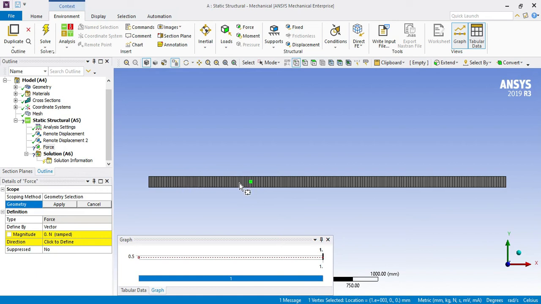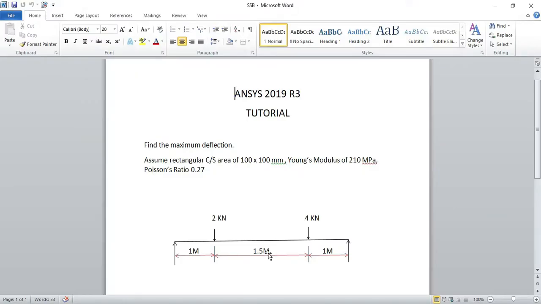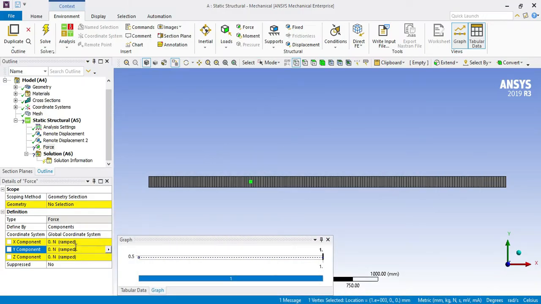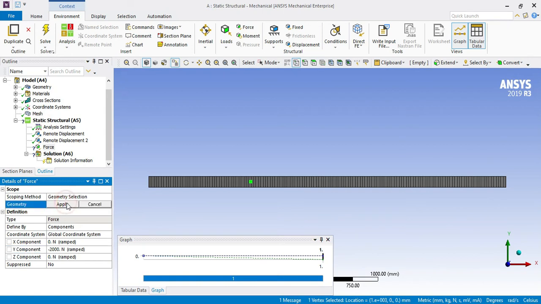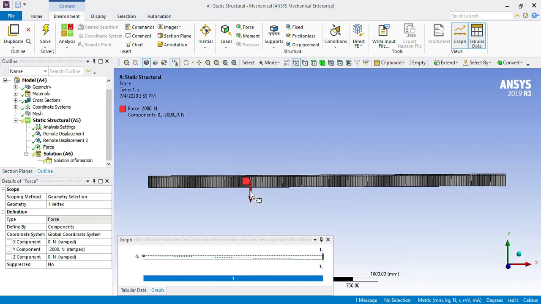This is a 1 meter length between, and select here component, and we need to apply a load. So here 2 kilonewton of load is acting. So press minus, that will indicate downward, and 2000 Newton. So you will see here load is applied.